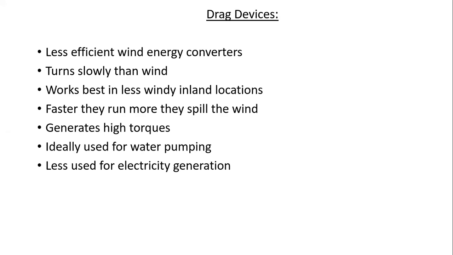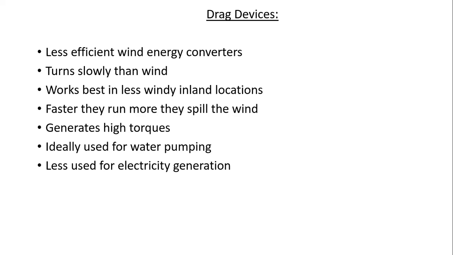Solidity I will explain with the formula. It is defined as the fraction of the total circumference that contains blades. The definition and the formula for solidity will be explained in the next slides, and in further classes we can go through this solidity. So just to see the definition, it is the fraction of the total circumference that contains the blades. If you calculate the fraction of the total circumference which contains blades, it is termed as solidity.